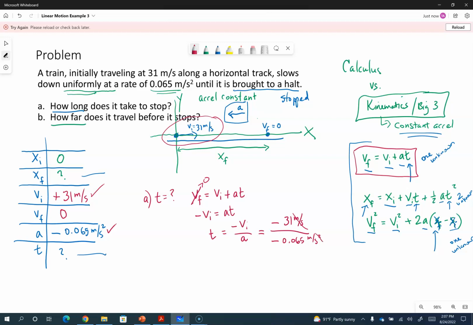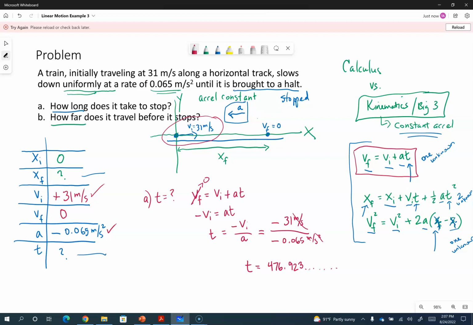Meters per second is going to cancel with the meters in one of the seconds. The negative signs are going to cancel, so I'm going to get a positive answer, which is good because time needs to be positive. And negative time would imply time travel back in time. My calculator is telling me 476.923 and some more. I'm not going to write the some more because I know my answer cannot be this